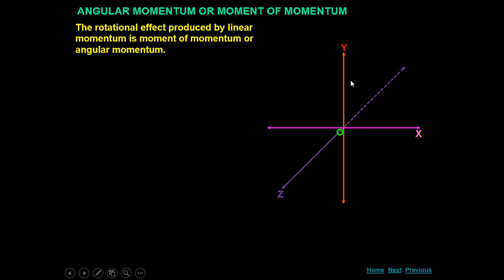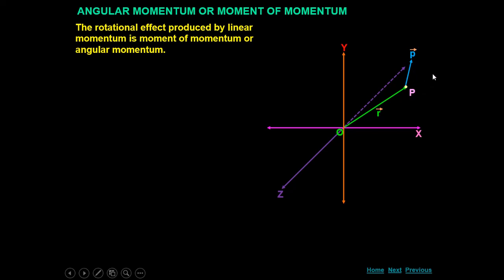You can observe this diagram: x axis, y axis, z axis, and I have taken a point P in the xy plane, and r is a position vector. We are studying angular momentum in the same manner in which we studied torque or moment of force. So r is a position vector and p is a linear momentum which is acting on